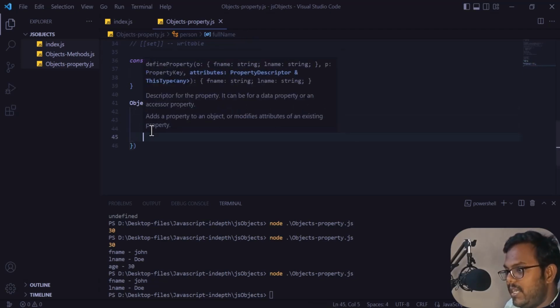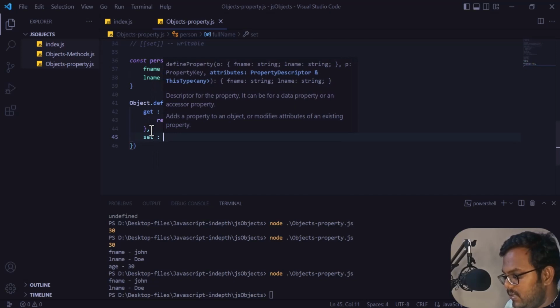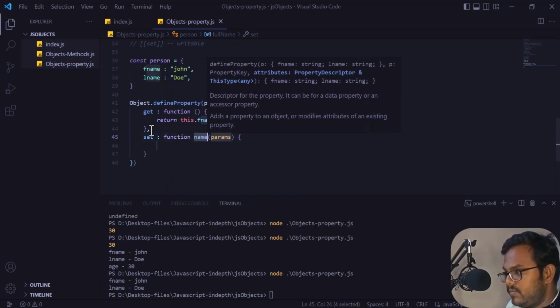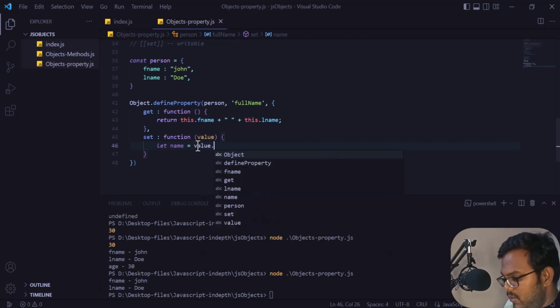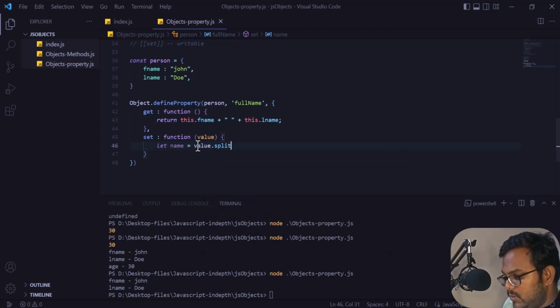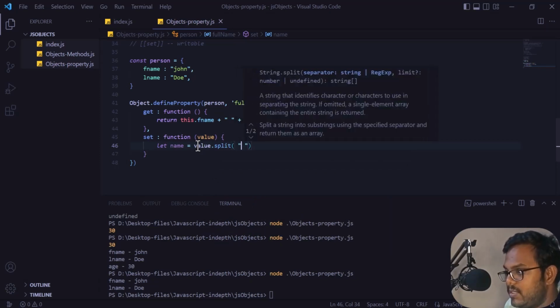And what about the set attribute? Same like that, for set I will use a function. For setters, we need one parameter to be passed, so I will delete this name and pass a parameter here. I will get it as value, and then I will store it in another variable, which I will name name, and then I will split this value by space, value.split by space,